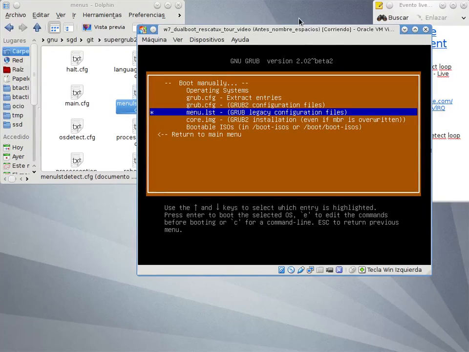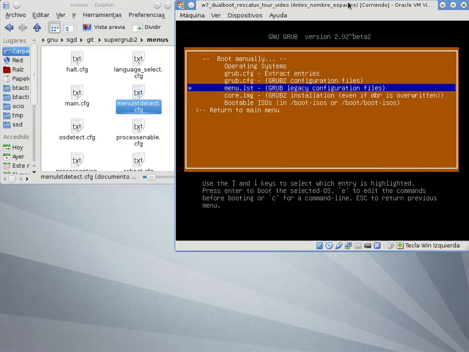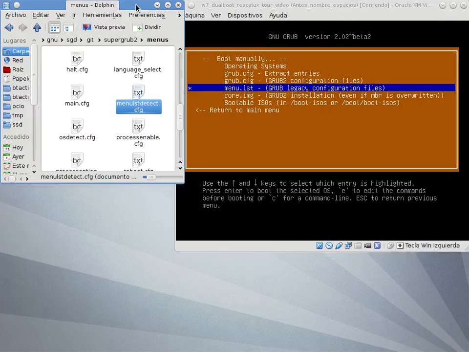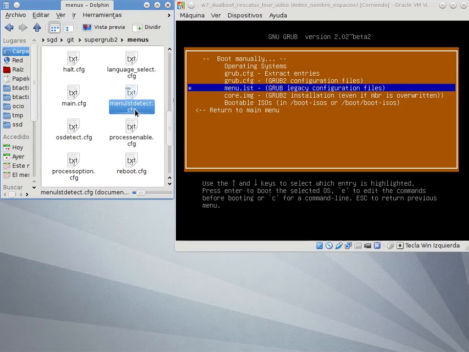And we just did the menu.lst grub legacy configuration files. So the core.img file, it's going to be the same thing, because we all know it. So yeah,